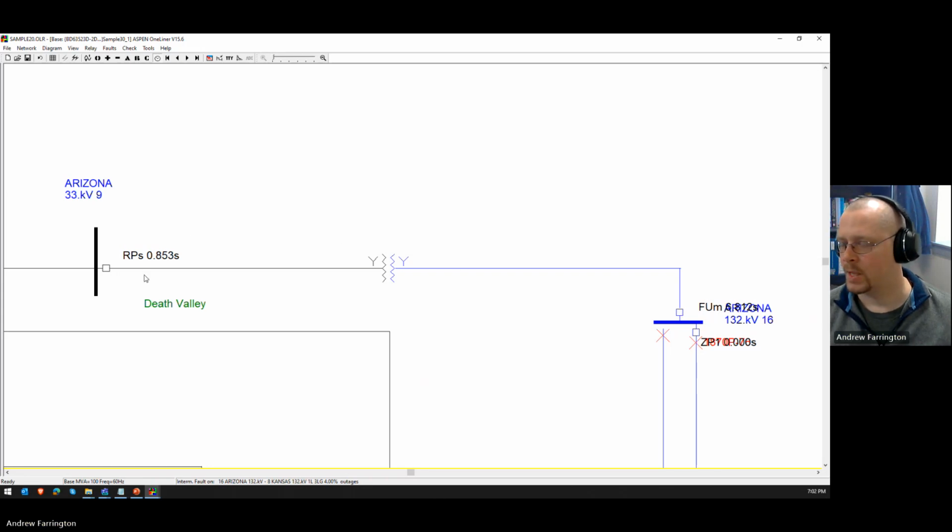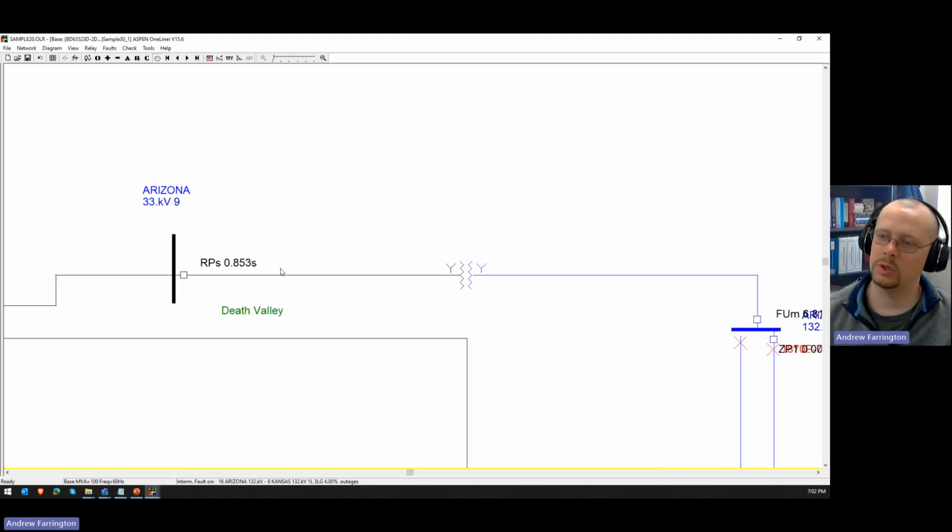Okay. And I actually had written down some questions that were asked last year that I thought were really good. This one was from Paul, that he said, even if these don't coordinate, why would it be bad? Because the only thing you're losing is this transformer, and no additional customers are out, right? So I gave him two answers, the first two that jumped out to me, which was selectivity, which is really